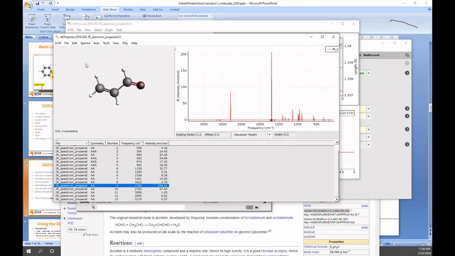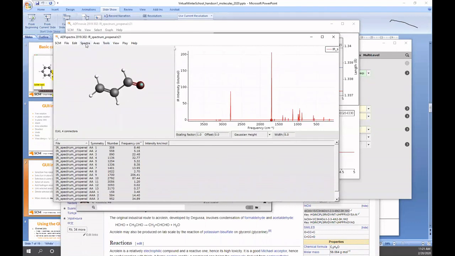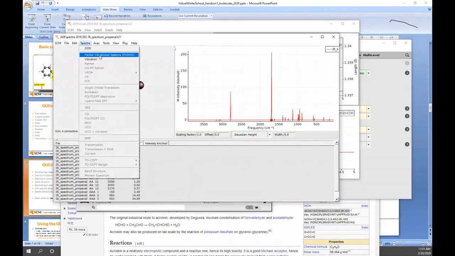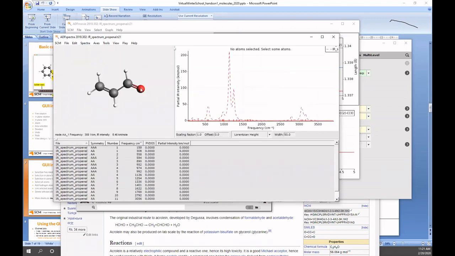Whilst we're here, let's see if we can also visualize the partial vibrational spectra, PV-DOS. So if we select one atom here, you can see to which one of these normal modes that atom contributes. So if we look at the CO, we see the frequencies that these atoms are contributing to. All right, so let's